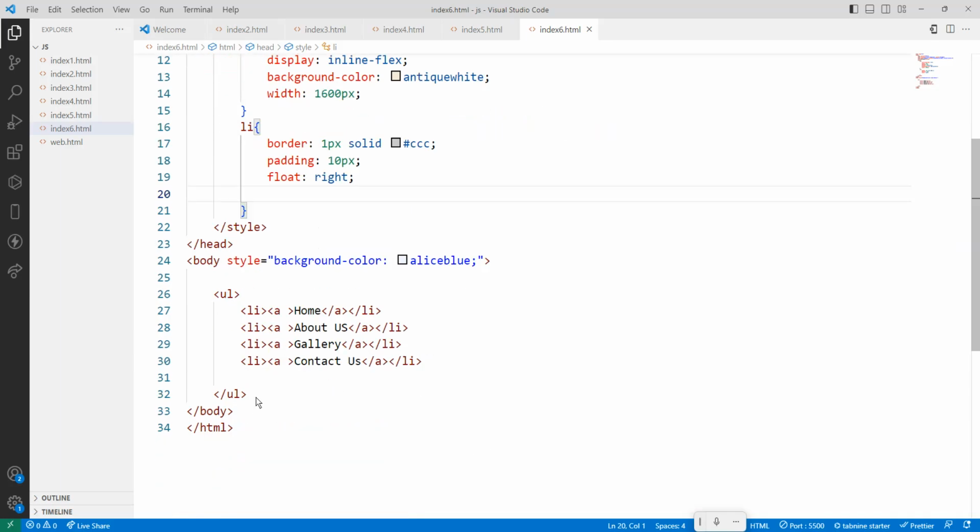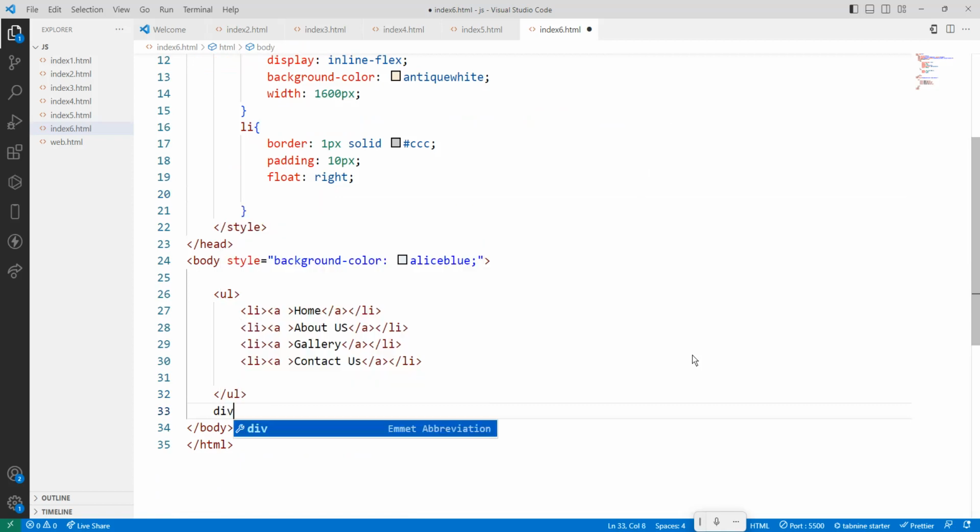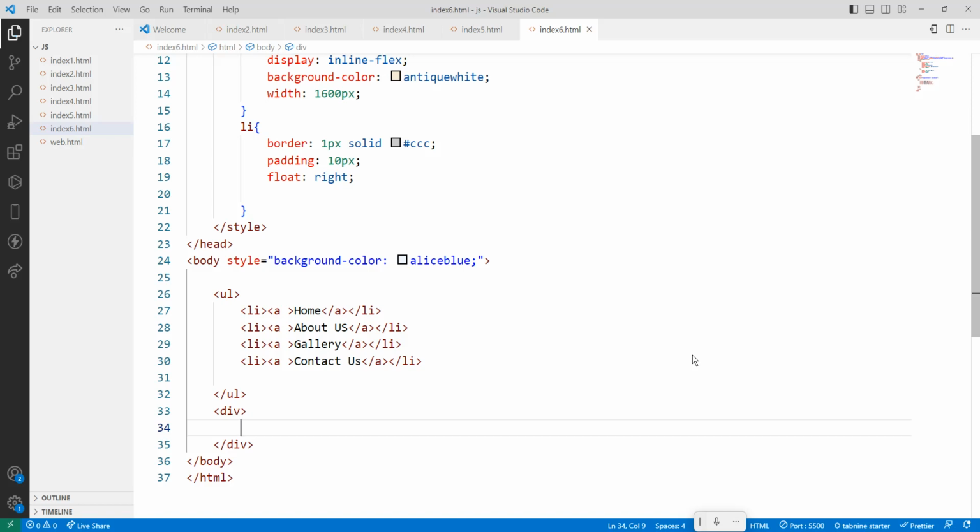After list we have forms. Okay, so we have two forms, form 1, form 2. So now